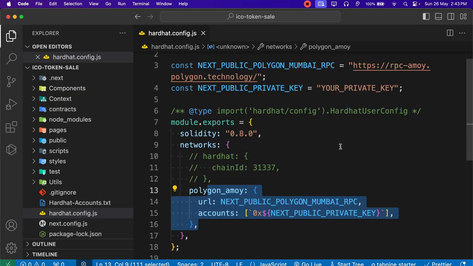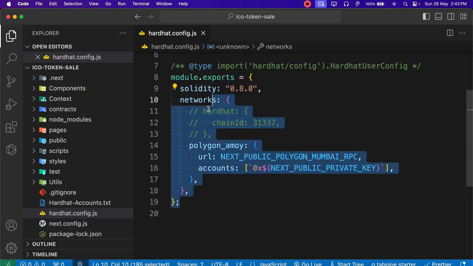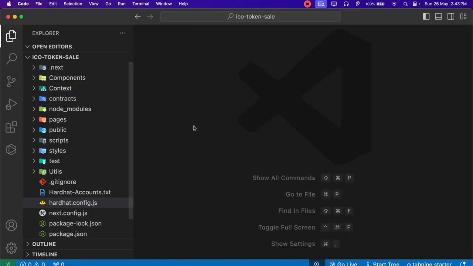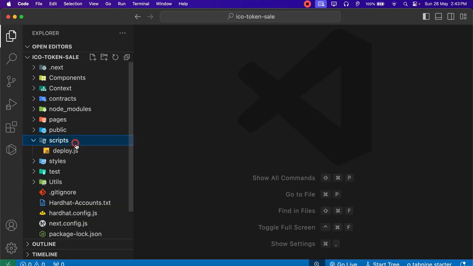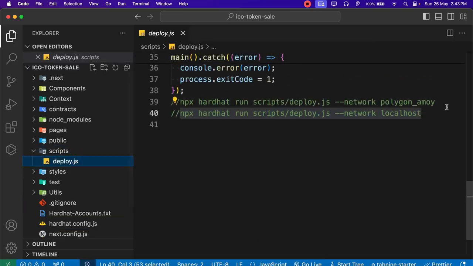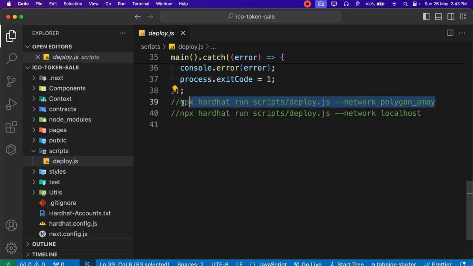So let me quickly replace. So I successfully added my private key. So I'm going to simply close that one. Now I'm ready to deploy my contract. So click on this deploy, and this time we have to run this particular command. Remember, this is the name we have given in our Hardhat config file. So copy this one,